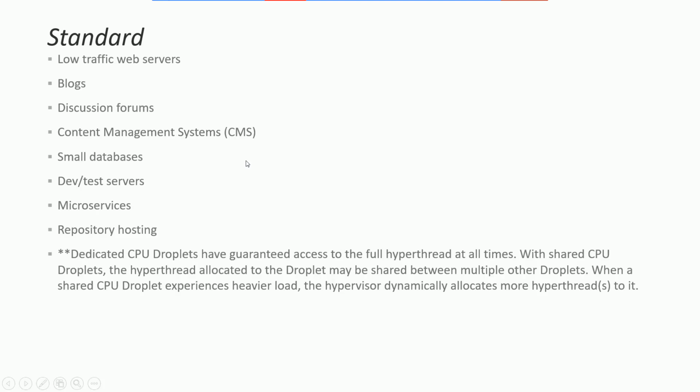Now let's go into standard. A standard is meant for when you are starting something, when you are not directly migrating something, or maybe you are trying to create your landing zone, testing your cloud migration first. Then you can do a load test and see how your application is performing, what different scenarios can happen, and based on that you can define which type of droplet or which type of VM you need to use.